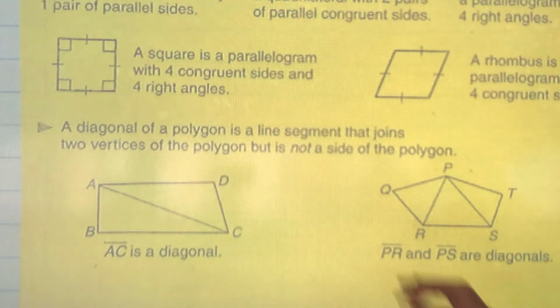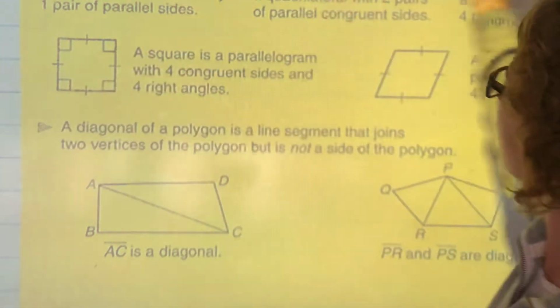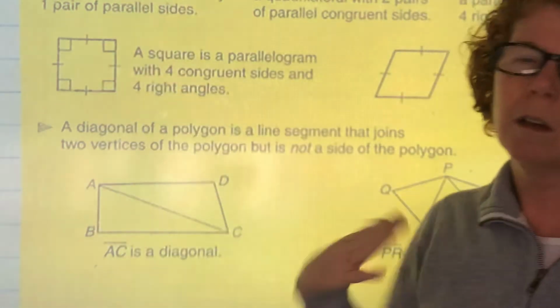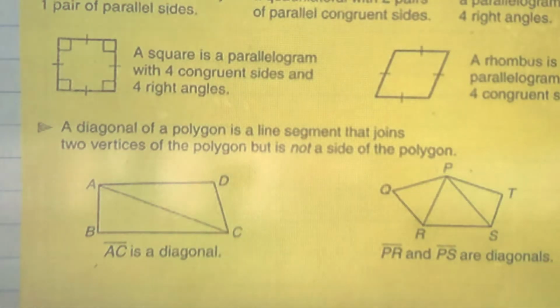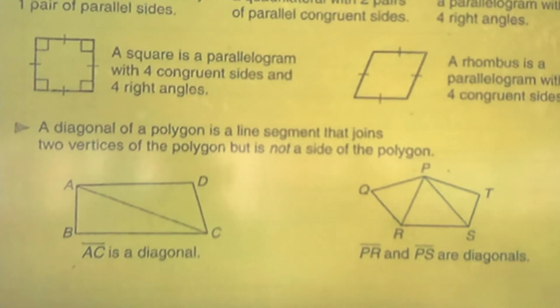Sometimes they can be classified that way. We usually call them what they are: square, rectangle, parallelogram, trapezoid. But today in your assignment, they want you to name the parallelograms in different ways. All right, rhombus. If you take a look at the rhombus